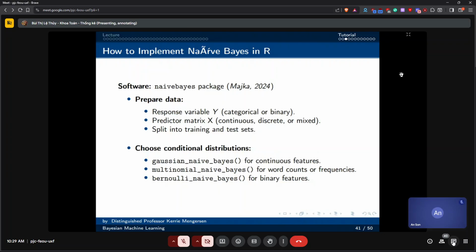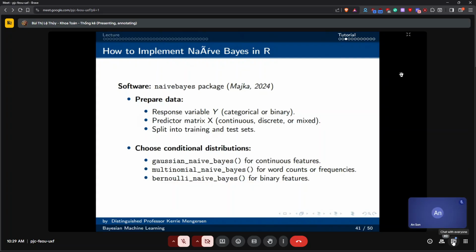So the software for naive Bayes is the naivebayes package. You just search for naive Bayes, and what we need to do is prepare the data. We need a response variable that's categorical, categories or binary, so two groups, and a predictor matrix. That's our X's, and they can be continuous or discrete or mixed. And we typically split the data into a training set and a test set.